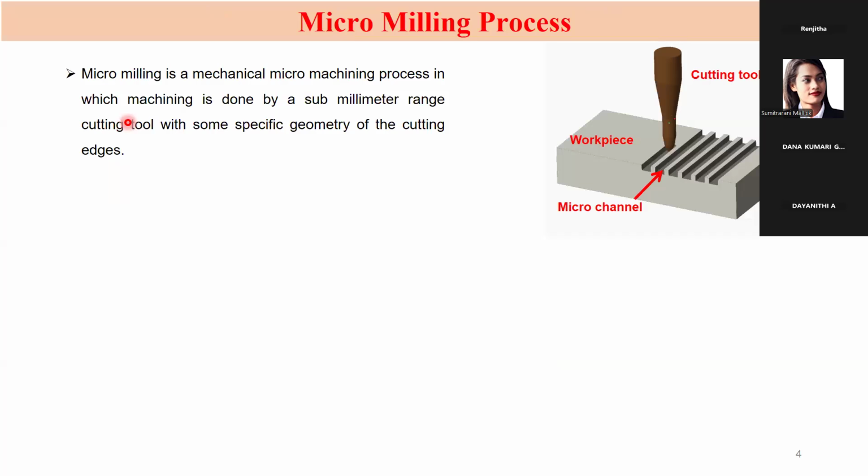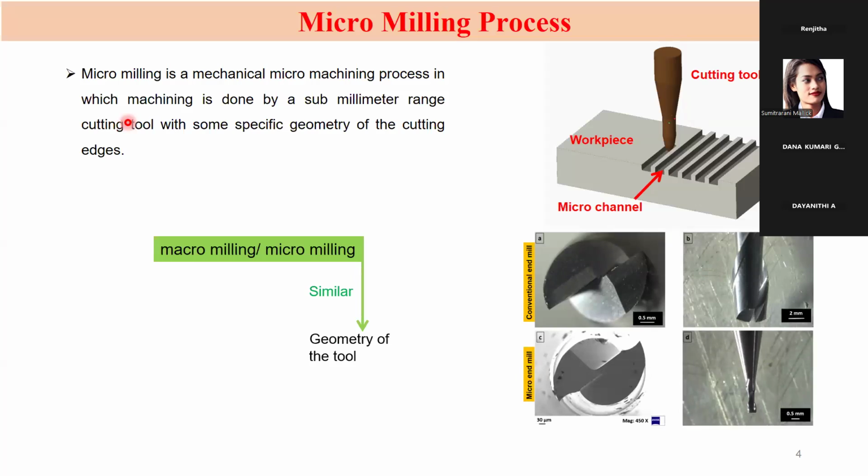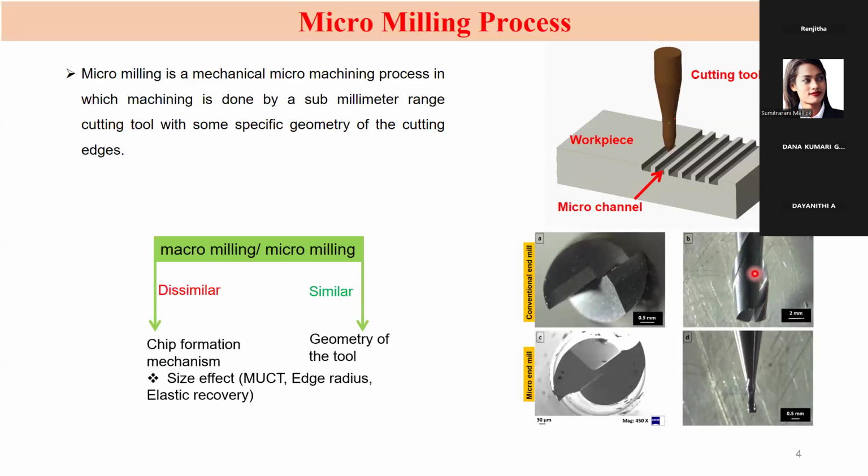Micro milling is a mechanical micro machining process in which machining is done by a sub-millimeter, that means less than 0.5 mm diameter, cutting tool. So what are the similarities and dissimilarities with respect to the conventional milling process? Here you can see this is a conventional milling tool, this is a micro milling tool. If we look at the geometry, it is very similar, just a scaled-down version of this end mill. But when you come to how the chip formation occurs, it is almost completely different